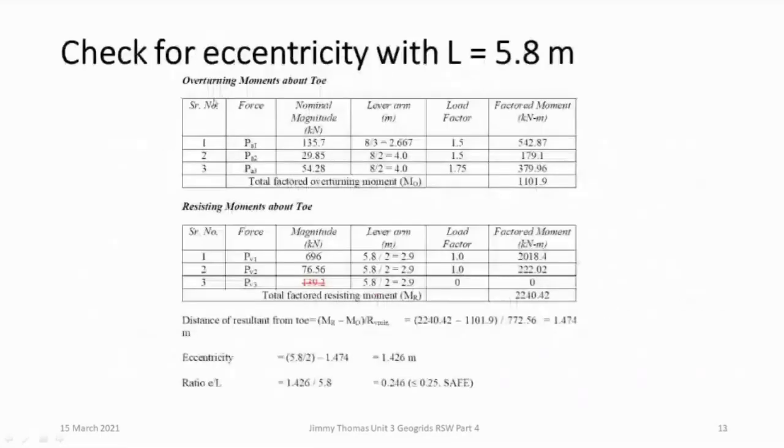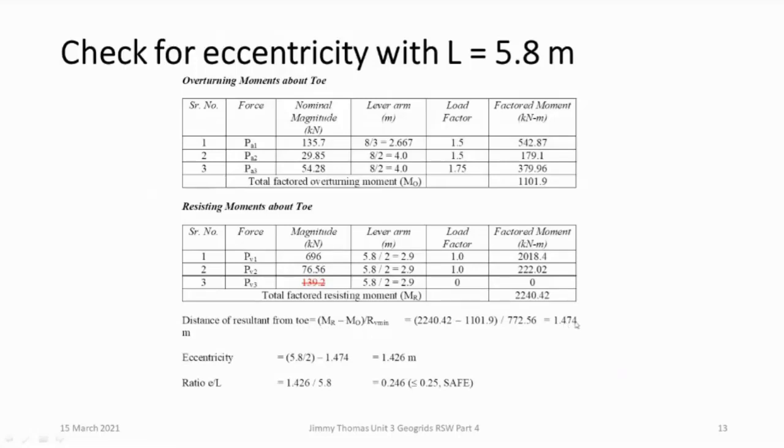Now again, we take the overturning moment. So these will remain the same because these are about the horizontal forces. Same as we have calculated earlier. The resisting moment will increase. So again, we calculate the weight of fill, dead load surcharge, live load we are ignoring, and the load factors will be 1 here. So we calculate the distance of the resultant from the toe.